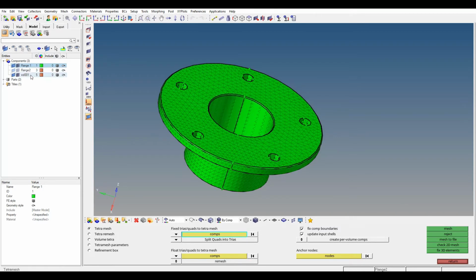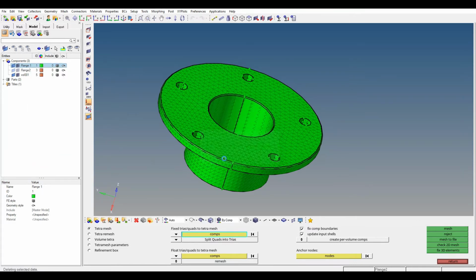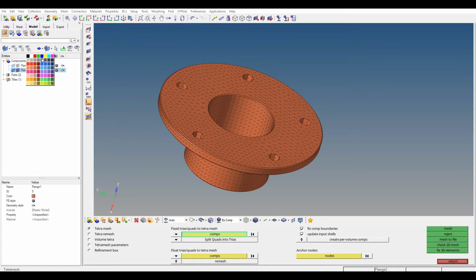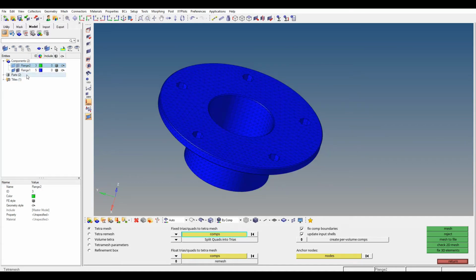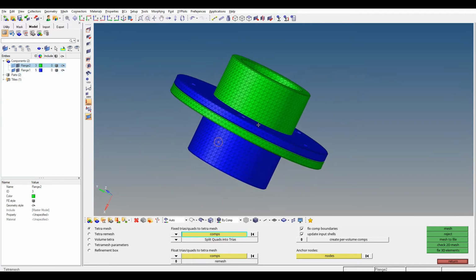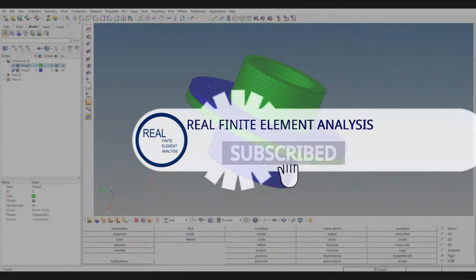So now we've got, well, we can delete this one first, the 2D mesh, and this will be flange 1. We can change the color again. Okay, at this point we need to reposition both components, so we'll quickly go to tool,